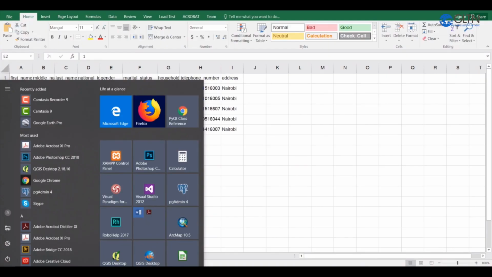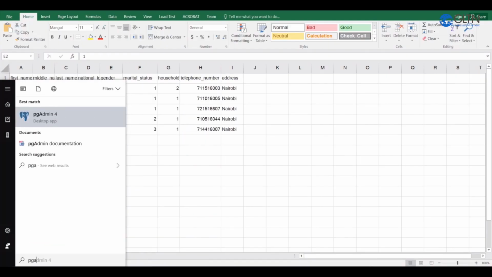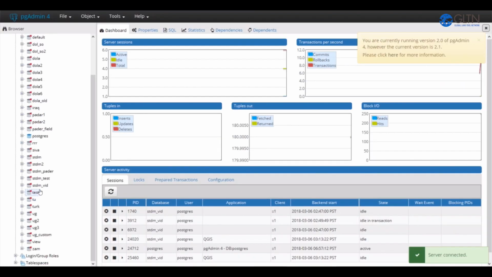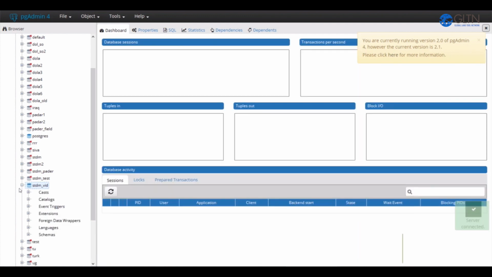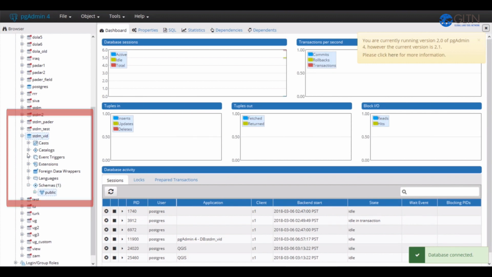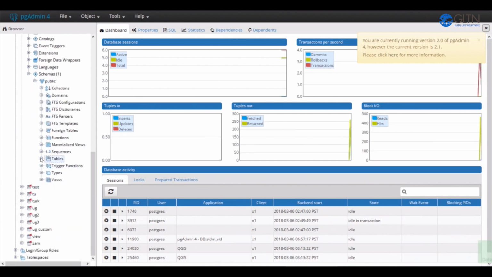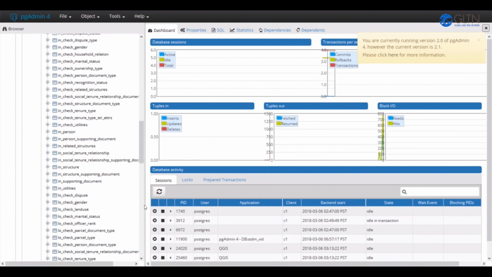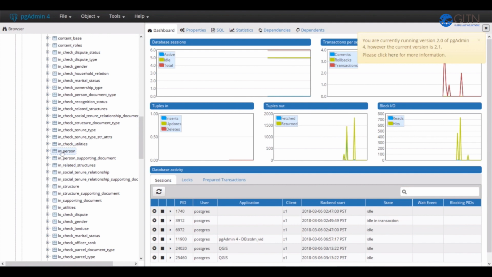Click on the Start menu at the bottom left corner of your screen and click on pgAdmin to launch. Inside pgAdmin, we need to go to the database. My STDM database is located here in this current profile. I'll click on Tables, then scroll down to the in_person table. There it is. To open it, I will left-click and scroll down to